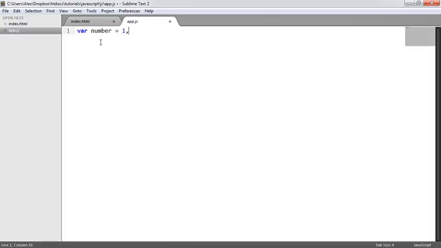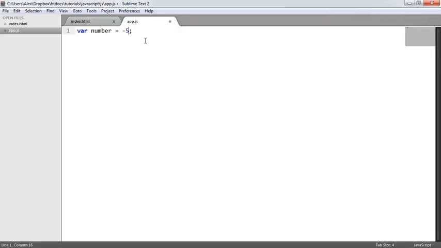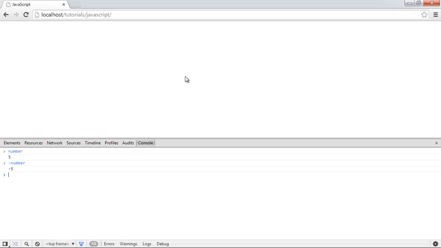What we can also do is if we just have a bog standard number, so let's say we have 5, let's take a look at what we can do inside of the console here. If I was to say number, that's 5, but what about if I was to say minus number? Well, that gives us the negation, so we can do a negation. We can also do a plus as well. So if we were to start off with a -10, for example, we can see here that if we were to say number, we get -10, and if we were to say plus number,